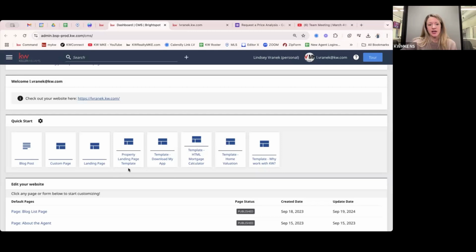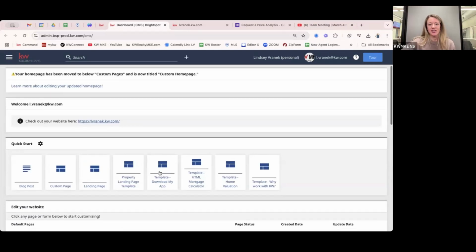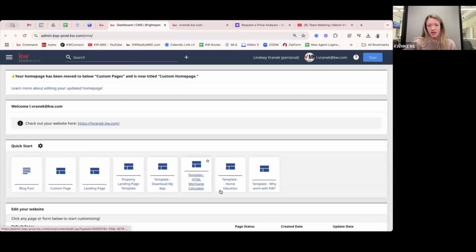Then you also have some templates in here. KW put together some pages as templates so that you don't have to create a custom page for every one of these. They're more of the popular ones, like, hey, you should think about having some of these on your site. Two of them that I would recommend having on your site right away are the mortgage calculator and the home valuation. And all you're going to do for those is click on it